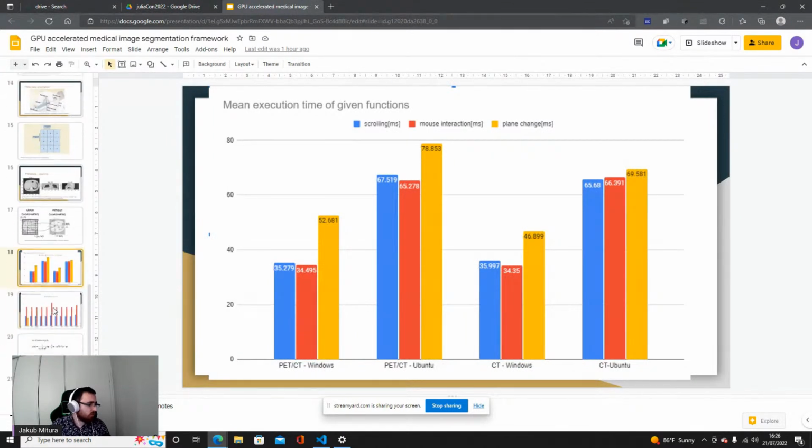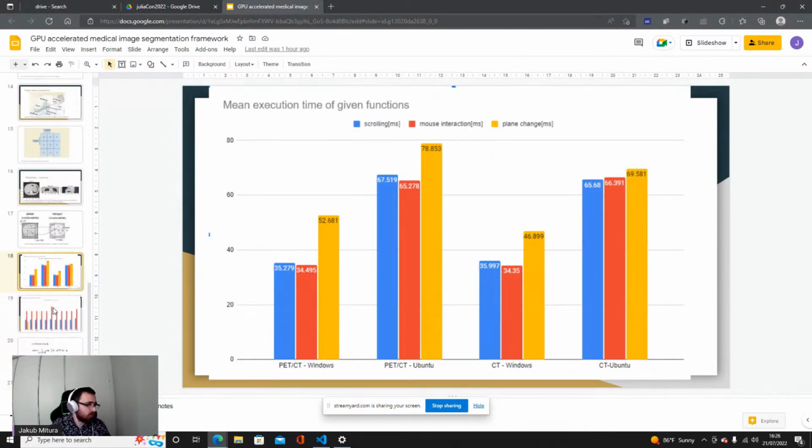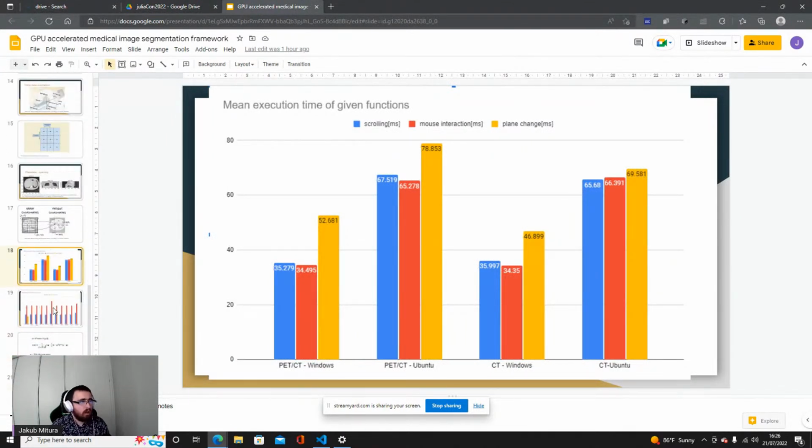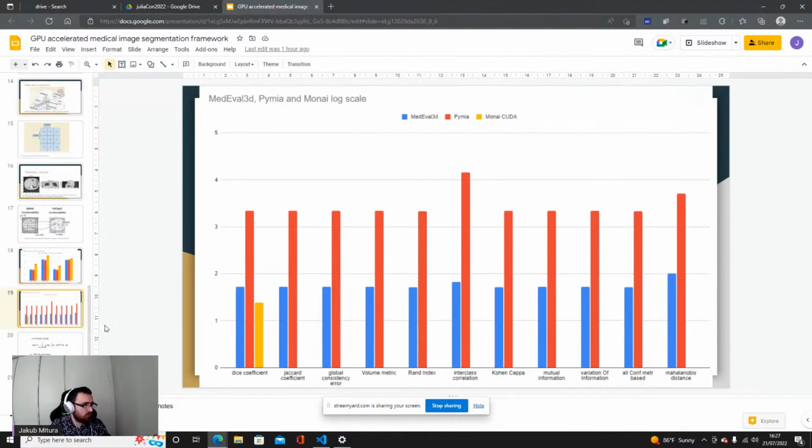Okay, so now just 2 things to show about the things that I implemented. So this is, for example, some mean execution time in case of My Viewer and some classical viewers. So this is quite normal, both on Windows and Ubuntu. And this is the metrics in the logarithmic scale.